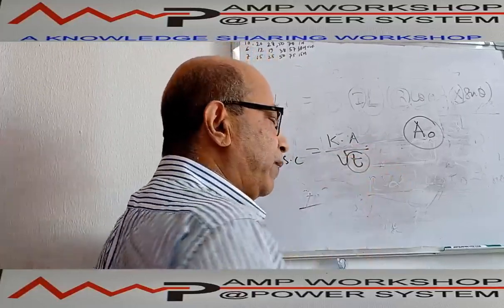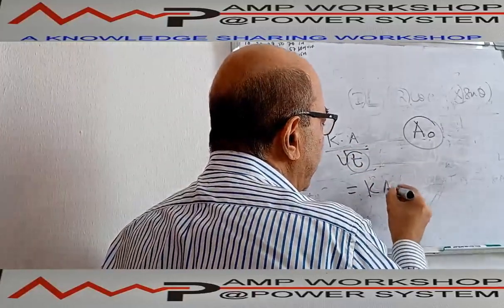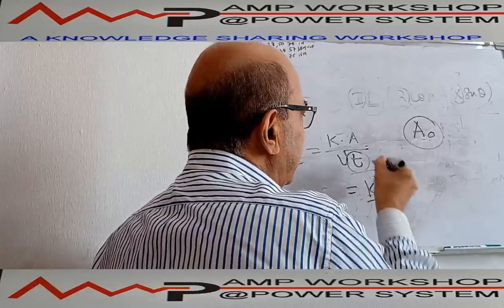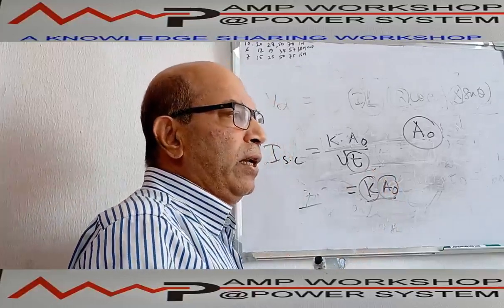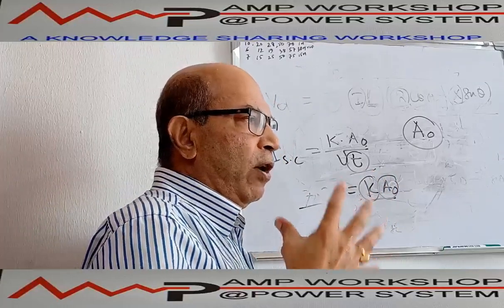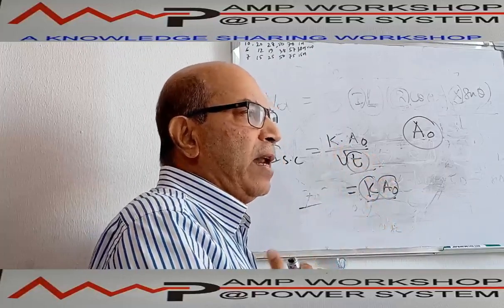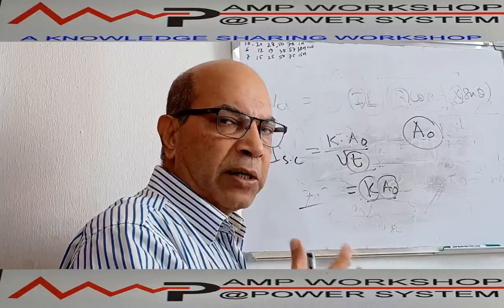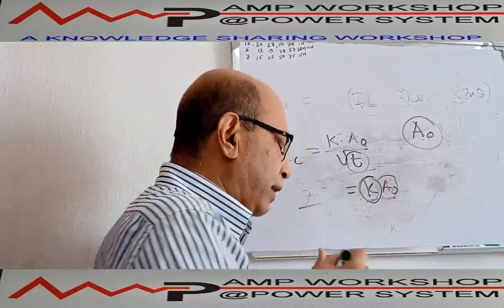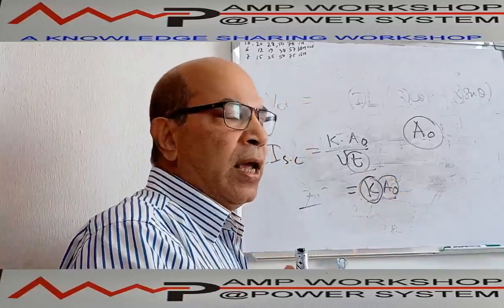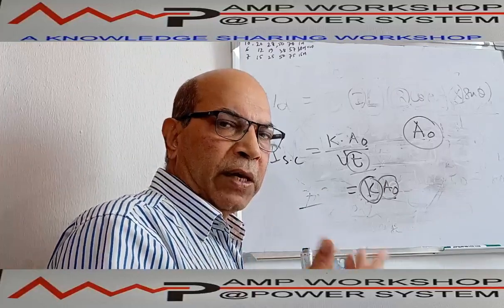T is the time. If you consider time T equal to 1 second, then the short circuit current capacity will be K into A. A is the cross section area, in this case A0. Now K is a factor. When the fault takes place, the heat produced in the cable is limited within the cable; we call it the adiabatic condition. In that condition, the K factor depends on what type of insulation you are using and what temperature difference you have. The continuous current rating of the cable